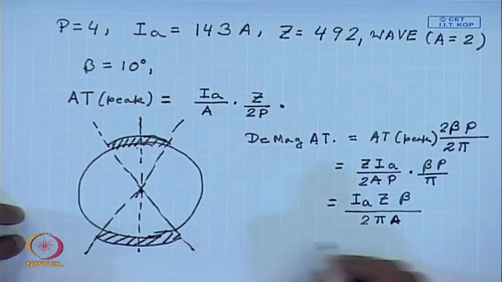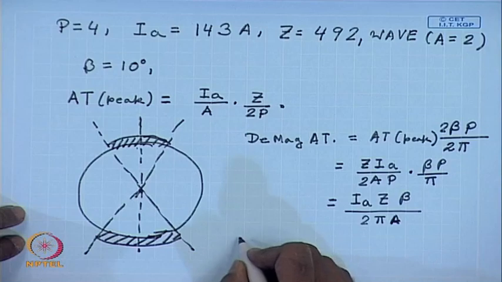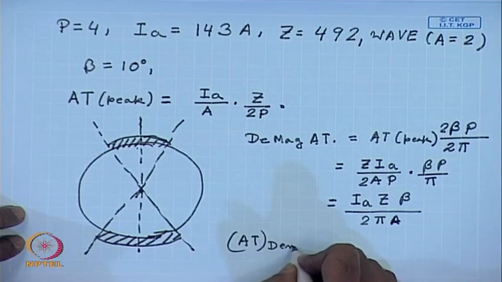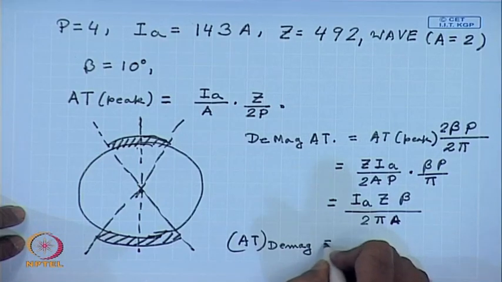Substituting the values, we get demagnetizing AT equal to